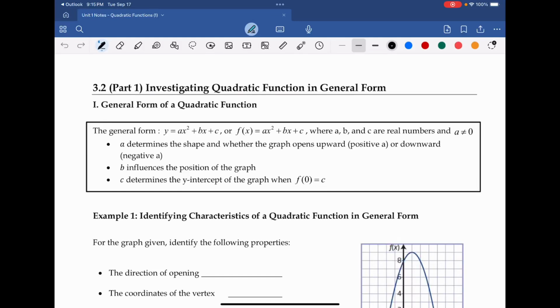Right, so now we move on to lesson 3.2, which is actually the final lesson of unit 1, which we call chapter 3 of our quadratic function unit. And what we're going to deal with is quadratic functions in general form and how we can solve them not only graphically, but how we can pull apart all the elements that we need, including things like y-intercept, the vertex, the x-intercept,